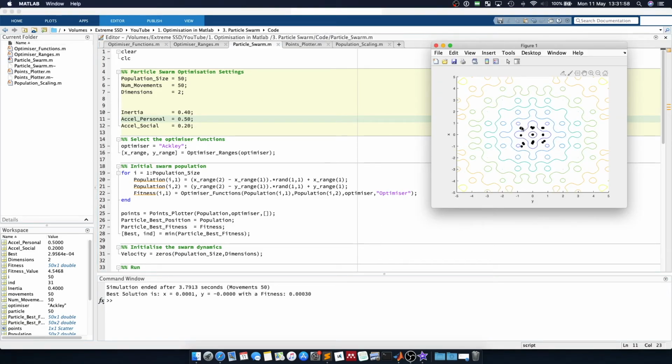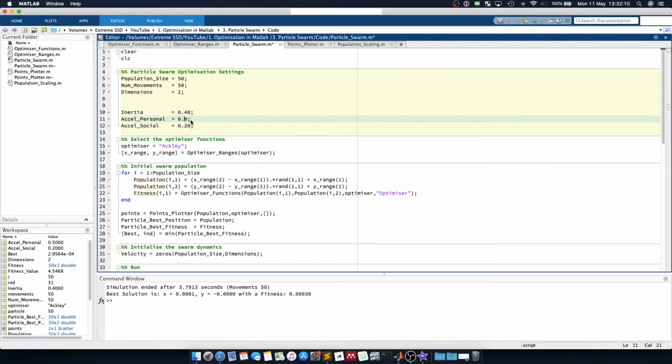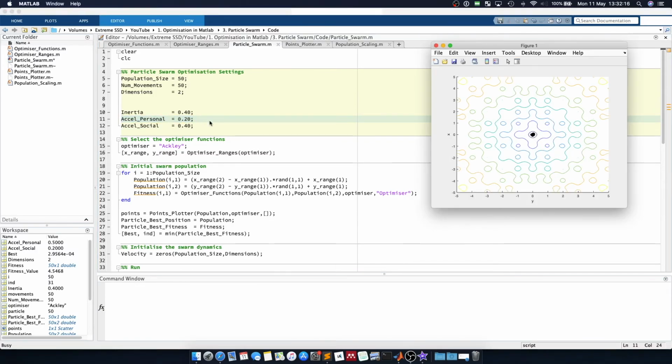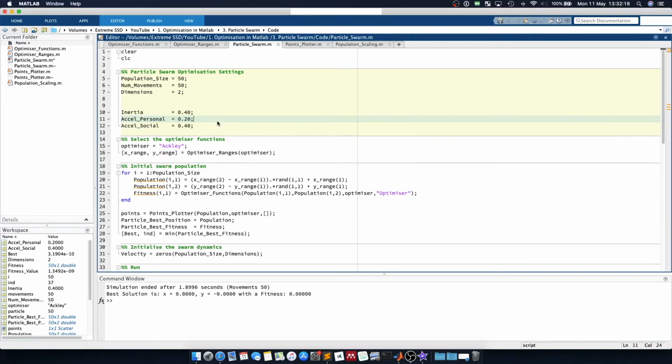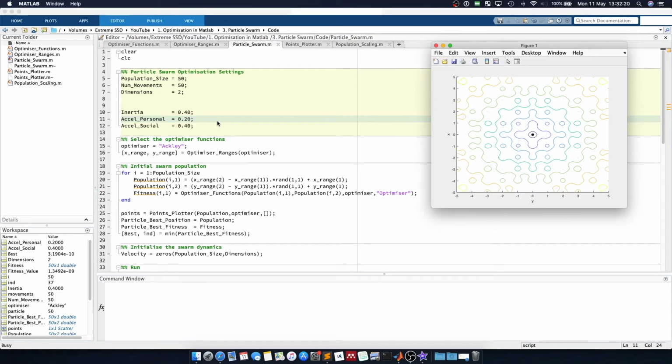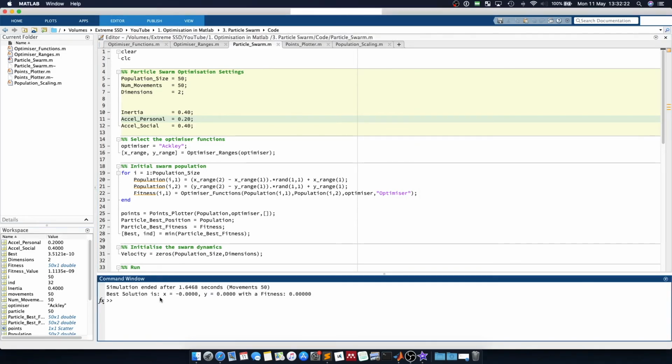And as you can see, these particles here are just favouring local minima because they are heavily weighted towards moving towards their best solution as opposed to moving towards the global solution. So I would always recommend the particle swarm having a higher social coefficient than your personal coefficient, and it increases the rate of convergence. Now you can see we converged straight onto a global solution, and it took us 50